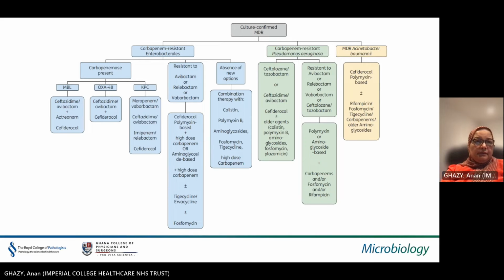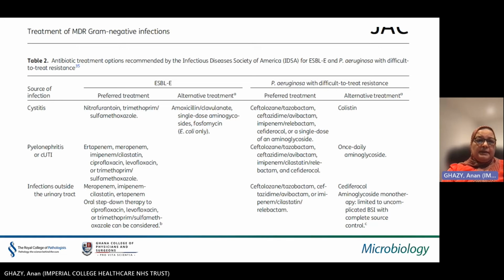So this table or figure shows how to treat the multi-drug resistant organism. I'm not going to go through this in detail. However, you can see that if the patient has carbapenem-resistant Enterobacteriaceae, is it carbapenemase producing or not? And then we can have an idea which drugs we should use. Also, if it is Pseudomonas and multidrug-resistant Acinetobacter, there are different protocols. This table